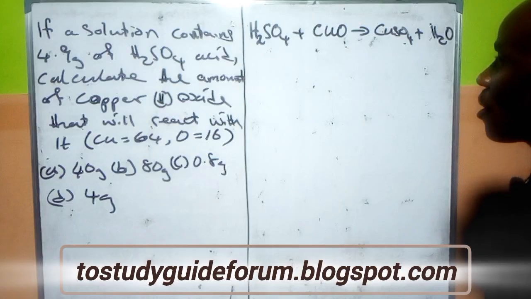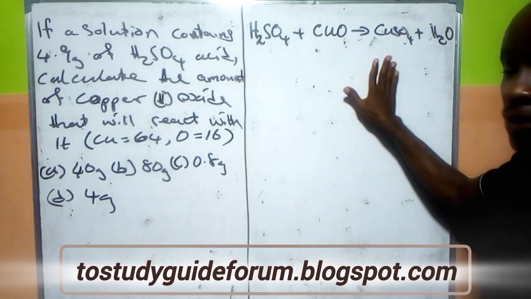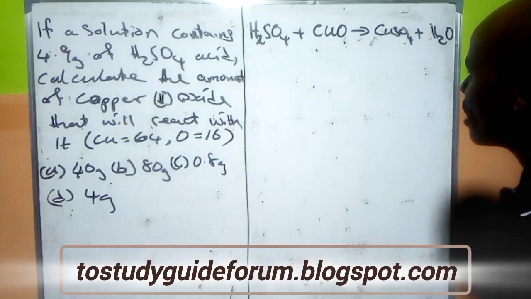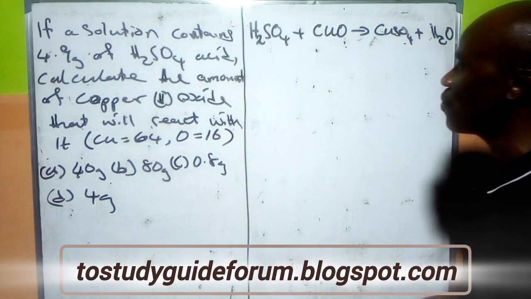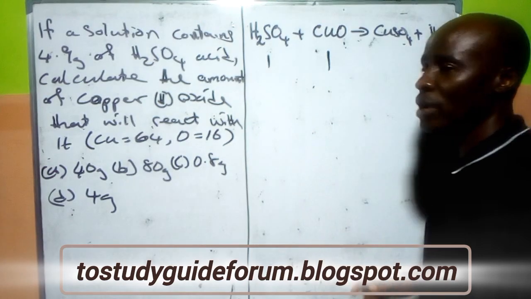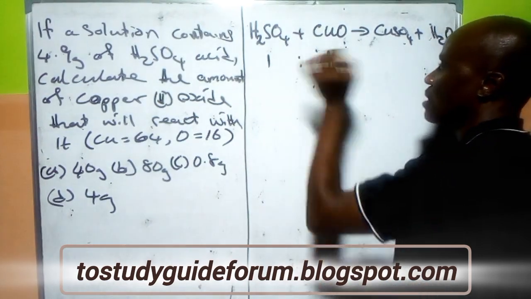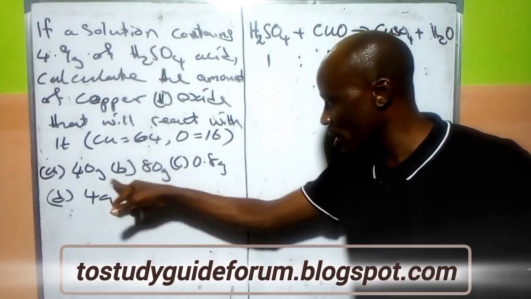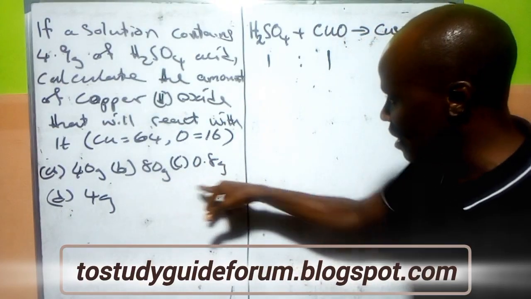So what information do we get from this balanced chemical equation? If you look at it, you find that we have 1 mole to 1 mole. The mole ratio is 1 to 1. This is very important. Since we are looking for the amount, and the options we have here are in grams,